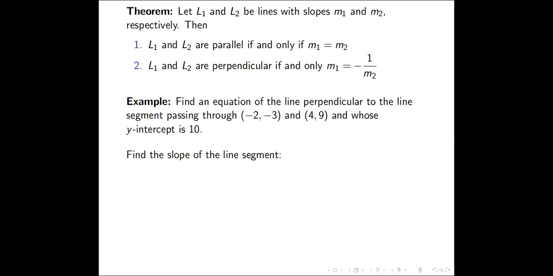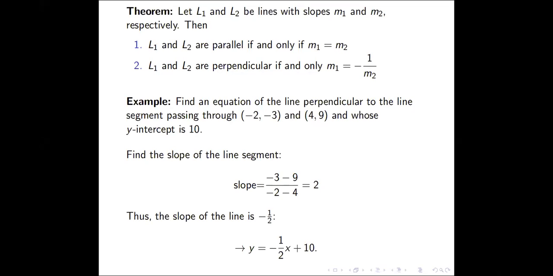Why are we first looking for the slope of the line segment? Because we need its slope. If we can get its slope, then we take the negative reciprocal, we get the slope of the perpendicular line. So computing the slope of this line segment using those coordinates, we get 2 as the slope of the line segment. And once you've gotten that, you take the negative reciprocal, you know that the slope of the line is -1/2. So don't forget to take the reciprocal and also to take the negative. Sometimes students forget to take either the reciprocal or the negative.